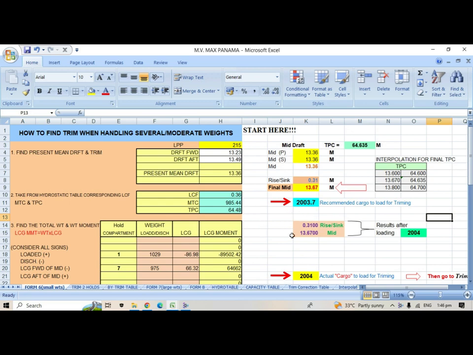What I'm going to discuss today is trimming for two cargo holds or finishing. So you have a recommended cargo to load for trimming. So, for example,